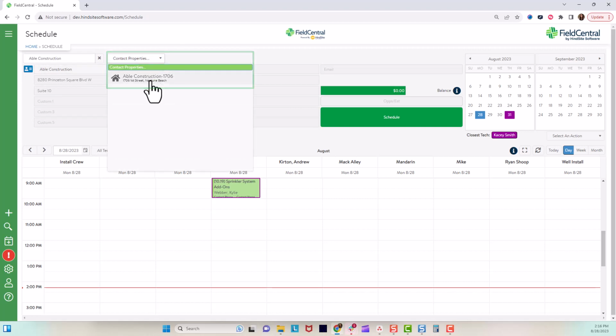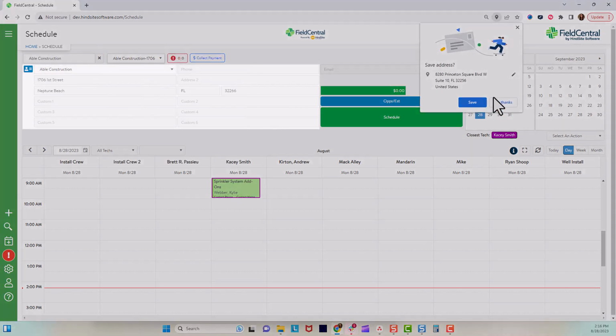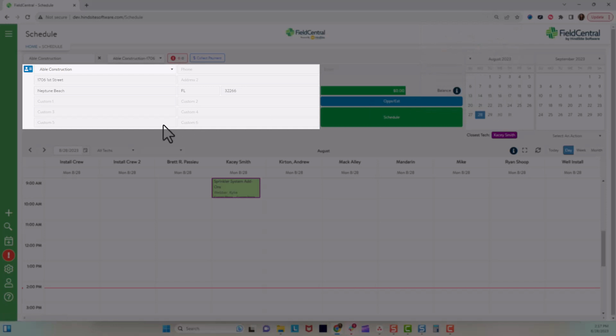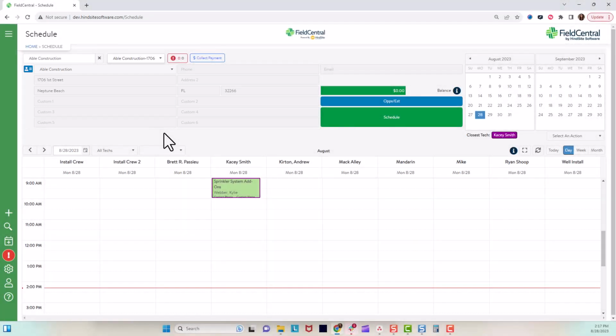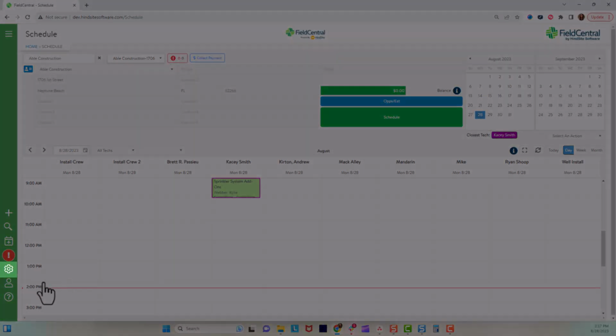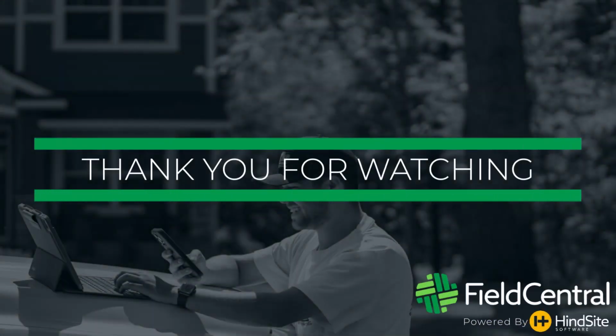Once the desired information is selected, some additional account information will appear. Best practice would be to quickly confirm this information with the customer when scheduling their service. These fields are customizable and can be edited in Settings under the Schedule View section. Ready to give it a go and schedule your next visit?